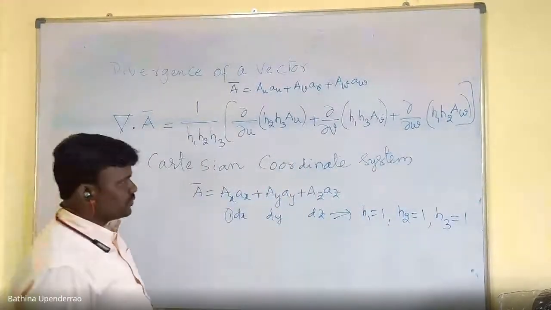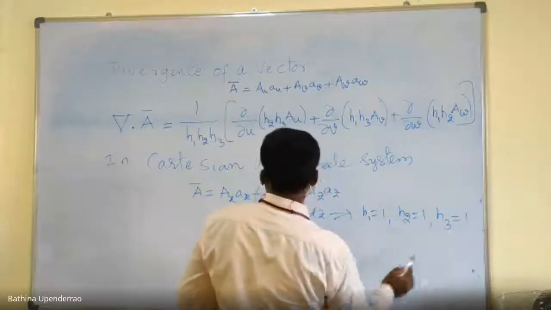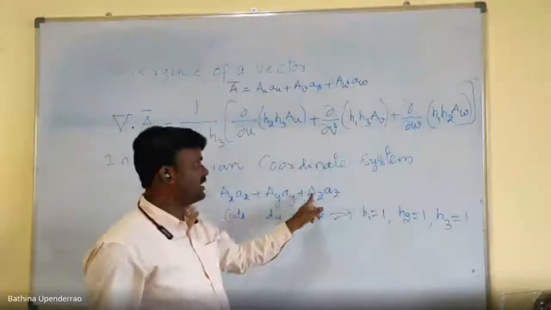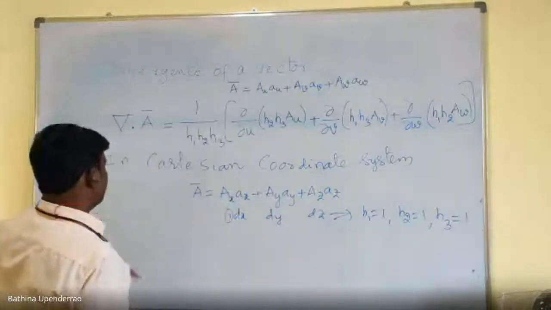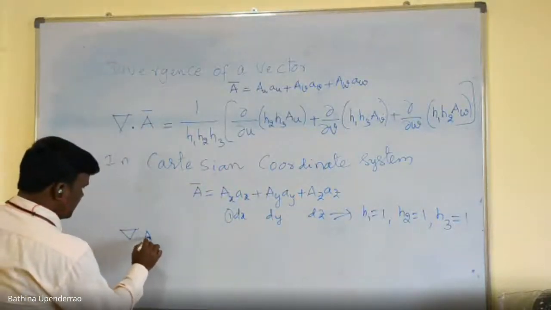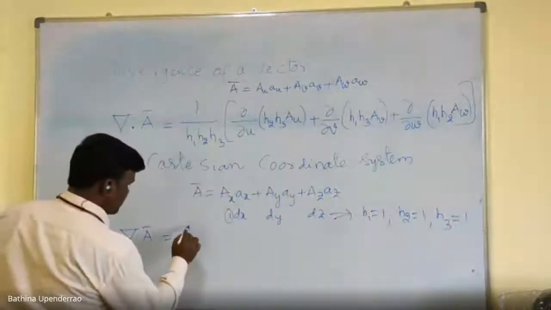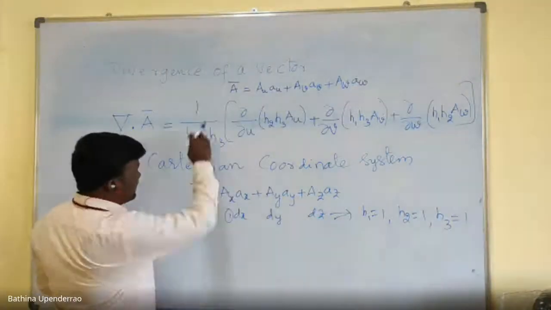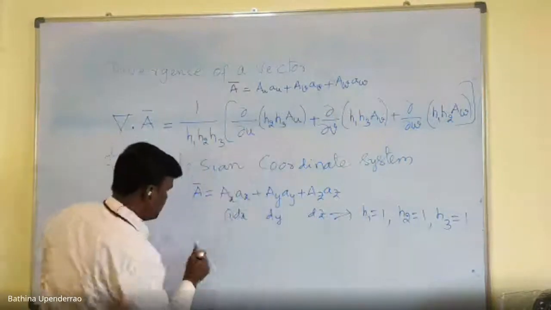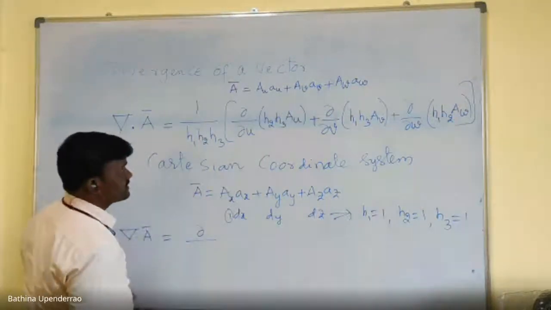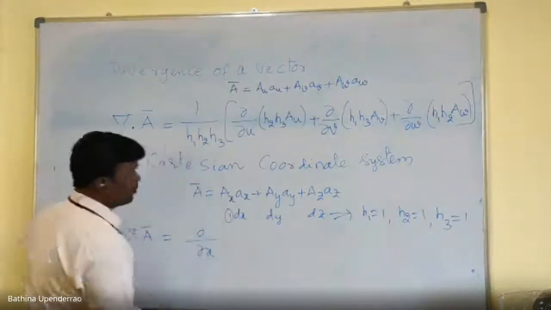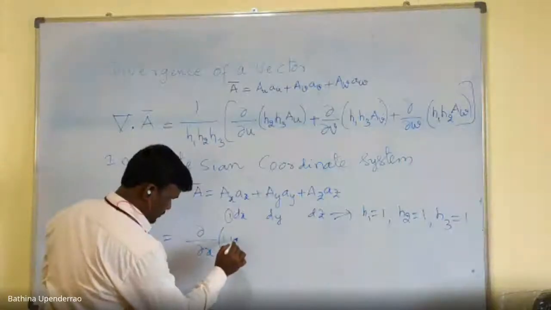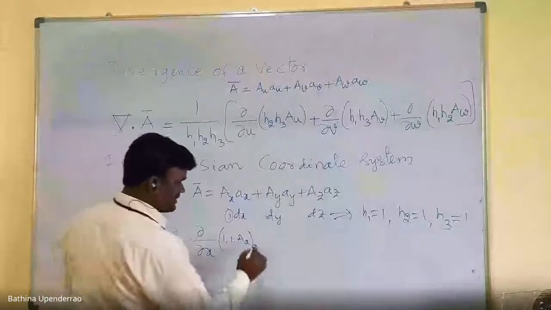Now substitute h1 equal to 1, h2 equal to 1, h3 equal to 1 in this one. At the same time, Au is replaced with Ax, Av is replaced with Ay, and Aw is replaced with Az. Then you can get del dot A bar in Cartesian coordinate system is equal to 1 by h1 h2 h3, that is 1 by 1, which means 1 into something, that's something only. Write this something: dou by dou x, u means first element in Cartesian, that is x. h2, h3 is 1 into 1, into Ax plus